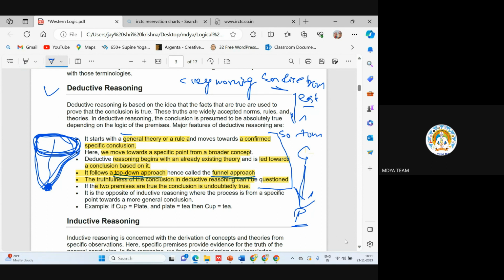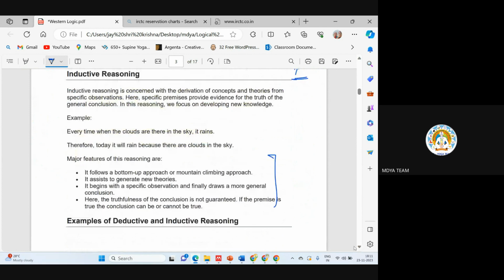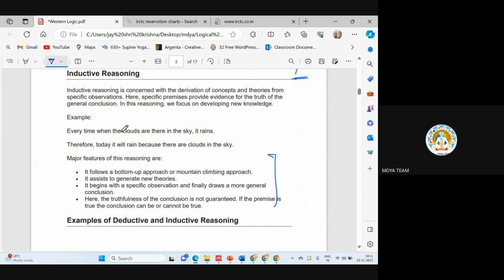Okay, now let's cover the inductive reasoning. Inductive reasoning is concerned with derivation of concepts and theories from a specific observation. So let's discuss the important points of this inductive reasoning. What we are doing, again, I will explain this inductive reasoning. For example,